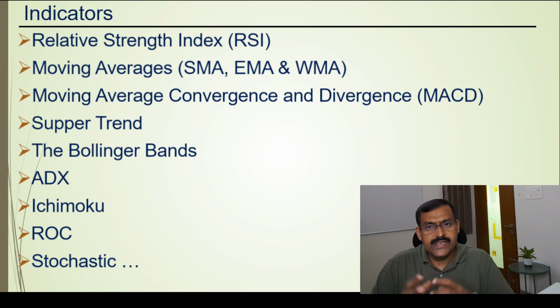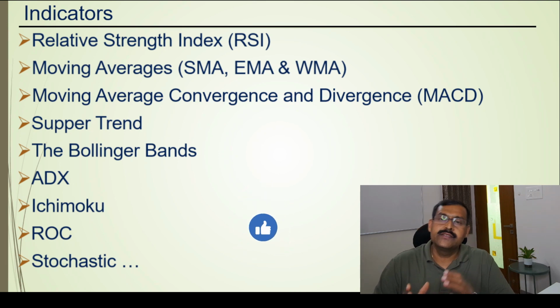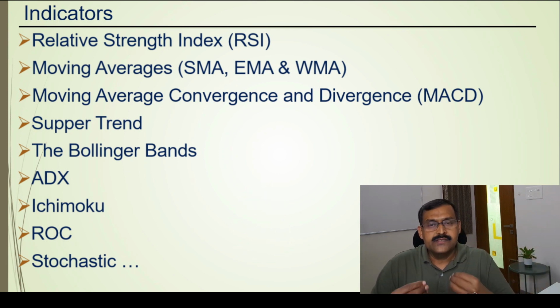Similarly, for the moving average, the average price is calculated based on the period that you have selected. For example, if you have selected 8 periods, it will take the previous 8 periods' price and then give you an average price. If it is 21 periods, it takes the 21 periods' price and calculates the average price to arrive at the moving average. So what it means is these indicators give you a signal based on the previous historical